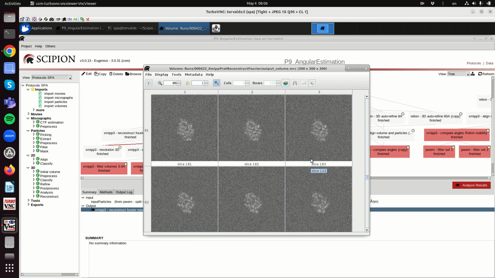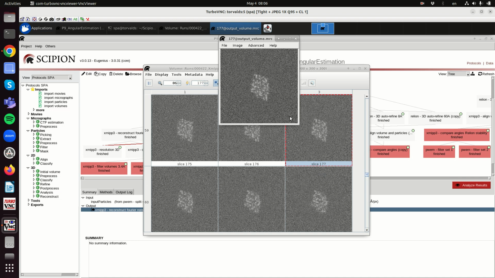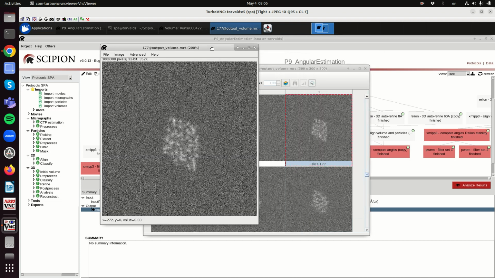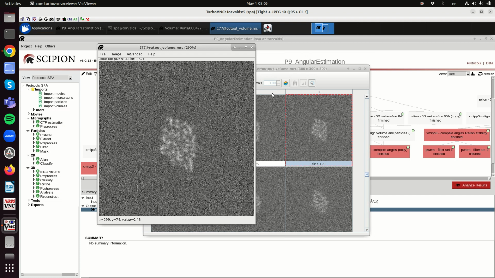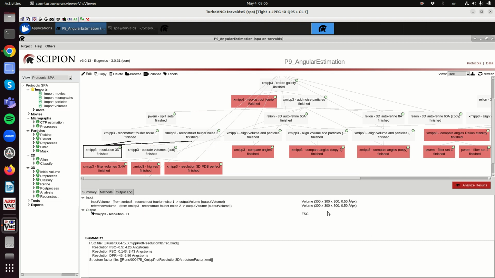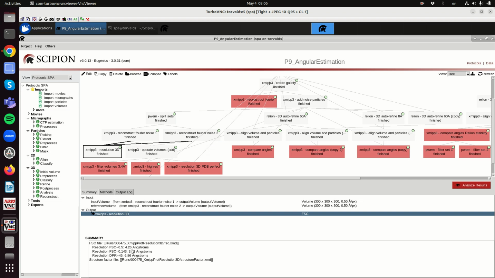without any filtering. Normally the reconstructions we see are heavily filtered, so that we remove the noise around. But the raw reconstruction looks like this, and this is somehow the limitation that we have obtained by having noise in our structure, but just gray noise, not noise in the angles. And then if we compare the resolution of these two, we see that the resolution is 3.4 angstroms at this FSC 0.14, and then we can add the two volumes,